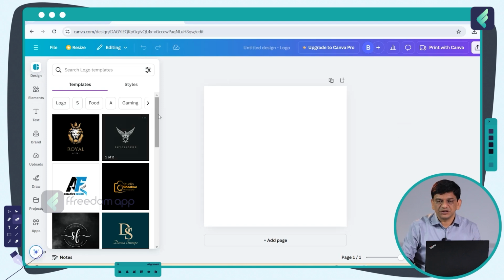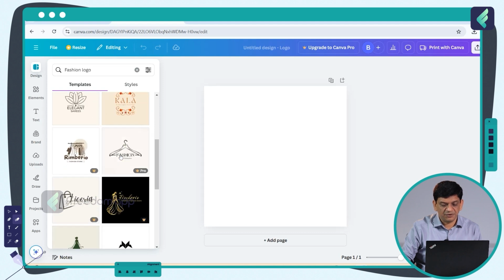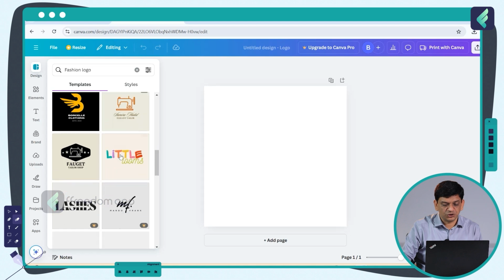Now let's add something. So let's create a logo. Now see here, it will give you options. What you want, a logo. I want a logo. But what type of logo you want? Business name, circle logo, brand logo, company logo, YouTube channel logo, anything. So here, as I told you, it comes with a lot of options. Let's create a fashion logo. So you can see here we are having many options for fashion. If you want to add a fashion logo,